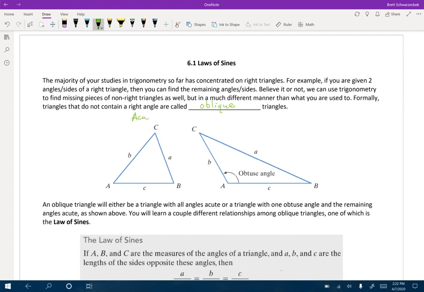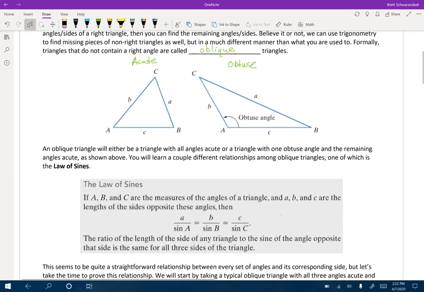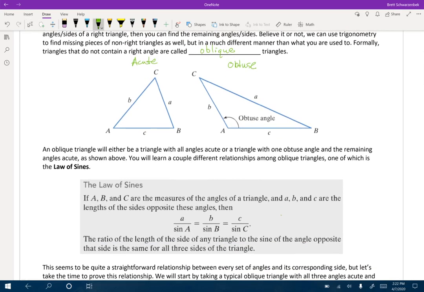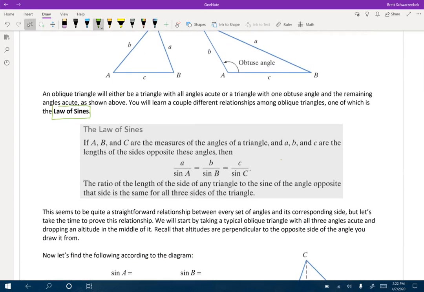This is called an acute oblique triangle. This is called an obtuse oblique triangle. What they're called is not important, but these are the two types that you would actually run into. So among oblique triangles, there's an interesting relationship called the law of sines, and it's written right here. At first, students are sort of thrown by it because